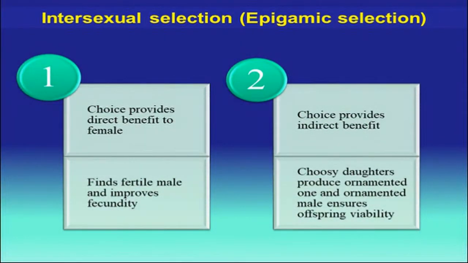Again, it also gives some indirect benefits. Say for example, the choosy daughters produce ornamented ones. Those daughters who are very choosy, means they are very selective. They pick up the best one among the few numbers of males. So whatever they pick up is quality-wise superior, and that is why the daughters produce ornamented ones,